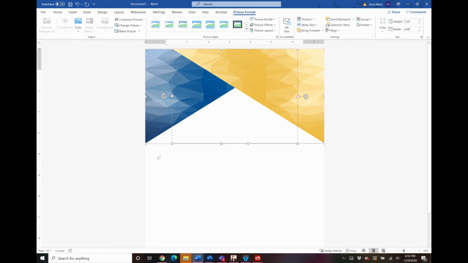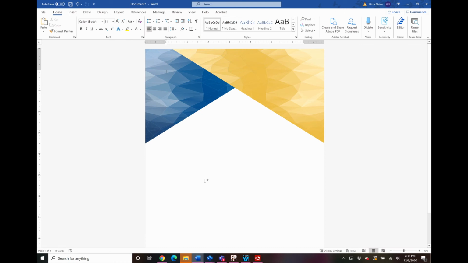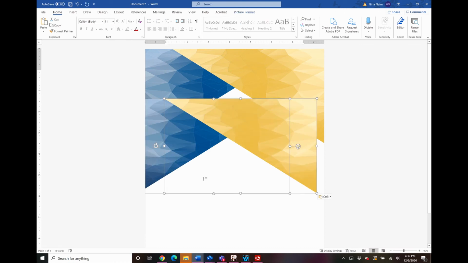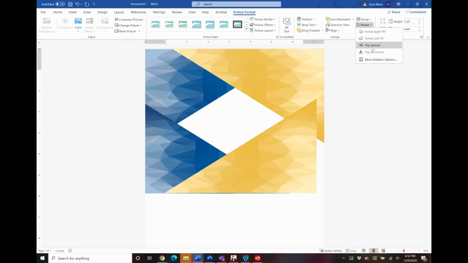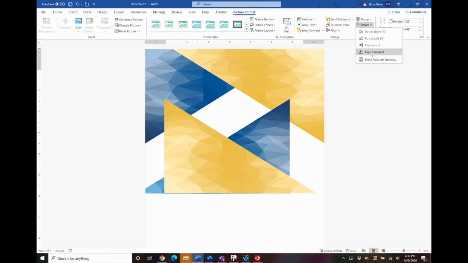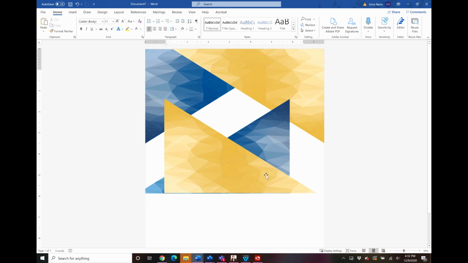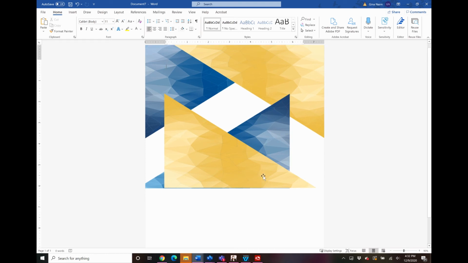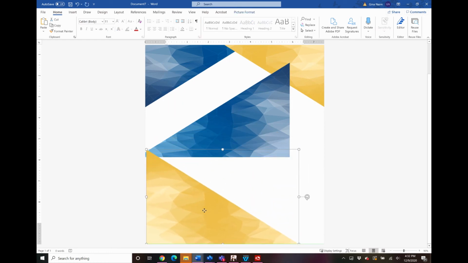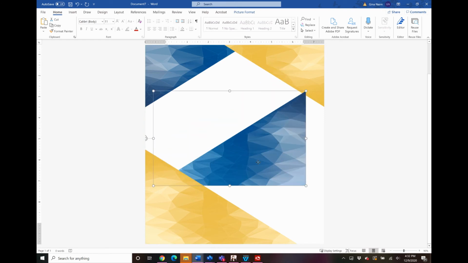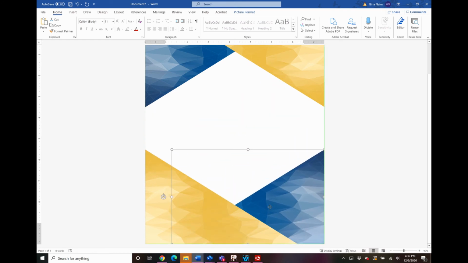Copy, Control C, click off of the triangles, Control V to paste, and then we're going to go to Picture Format, Rotate, Flip Vertical. And then I'm going to flip horizontal again. That way we have two diametrically opposed sets of triangles, if you will. And then we're going to play with the placement of them a little bit. I'm going to move this yellow down to the bottom left and move this blue down to the bottom right.